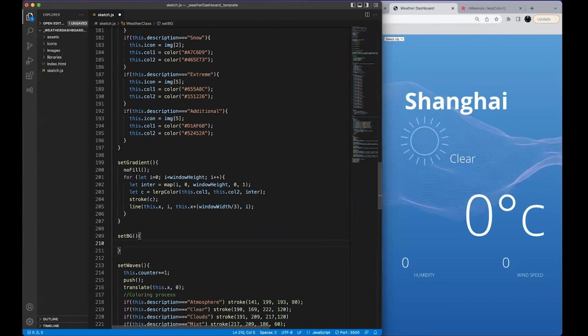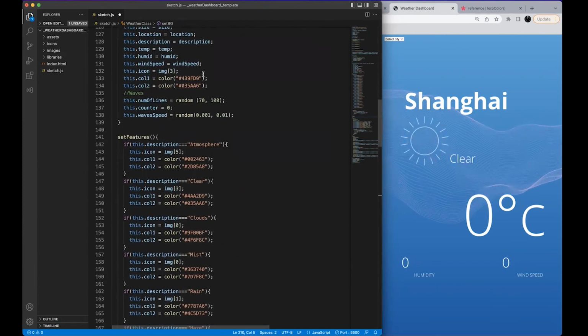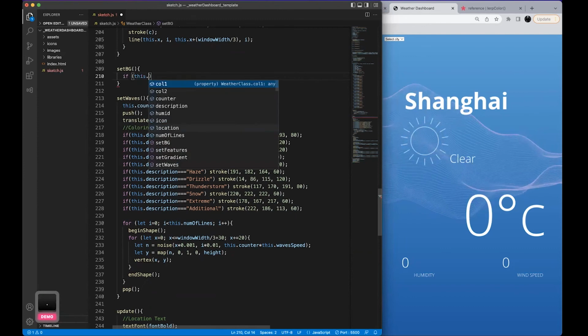So for this background, what I will come and say is that I want to have a different image appearing at the end, right? So if the location of a city, if this dot location, sorry, if this dot location